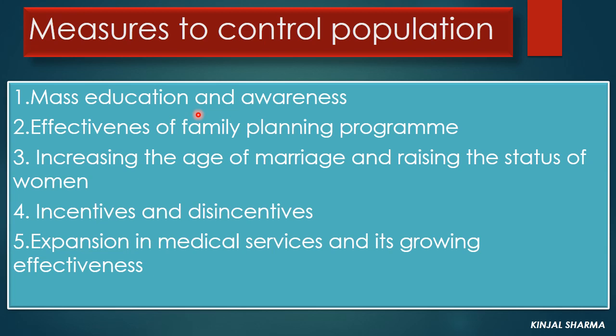As we all know, the spread of education changes the outlook of the people, or the way they think. Educated men prefer to delay marriage and adopt small family norms. And educated women are health conscious and avoid frequent pregnancies, and thus help in lowering the birth rate. So it is necessary to make people realize the importance of small families to reduce birth rate. For that, it is necessary to propagate and spread education and awareness among them.